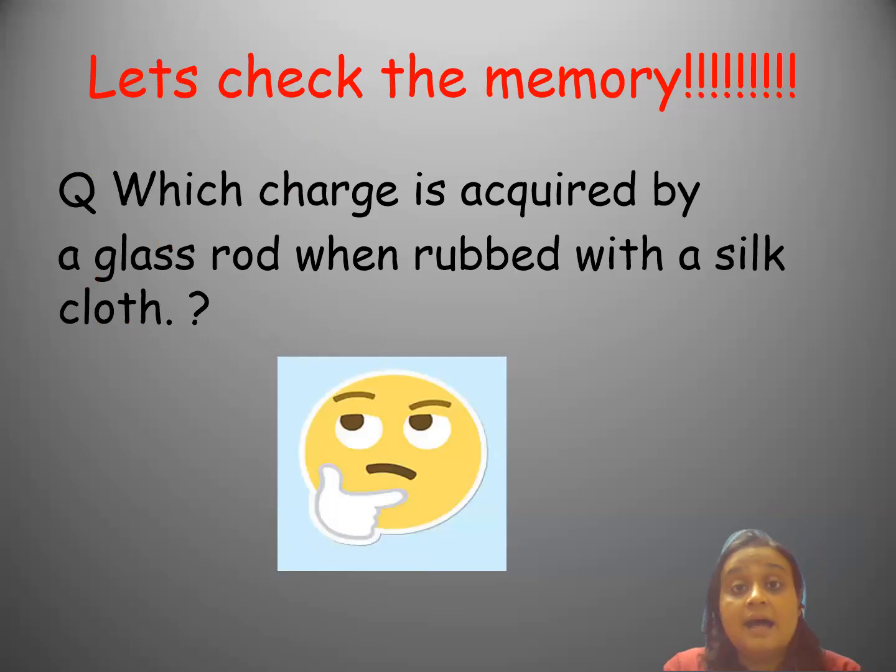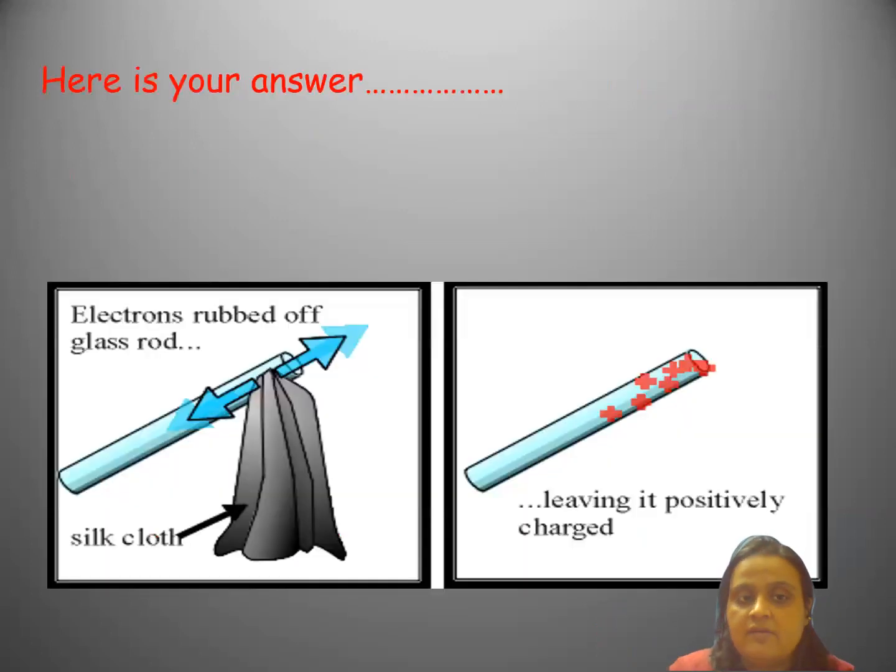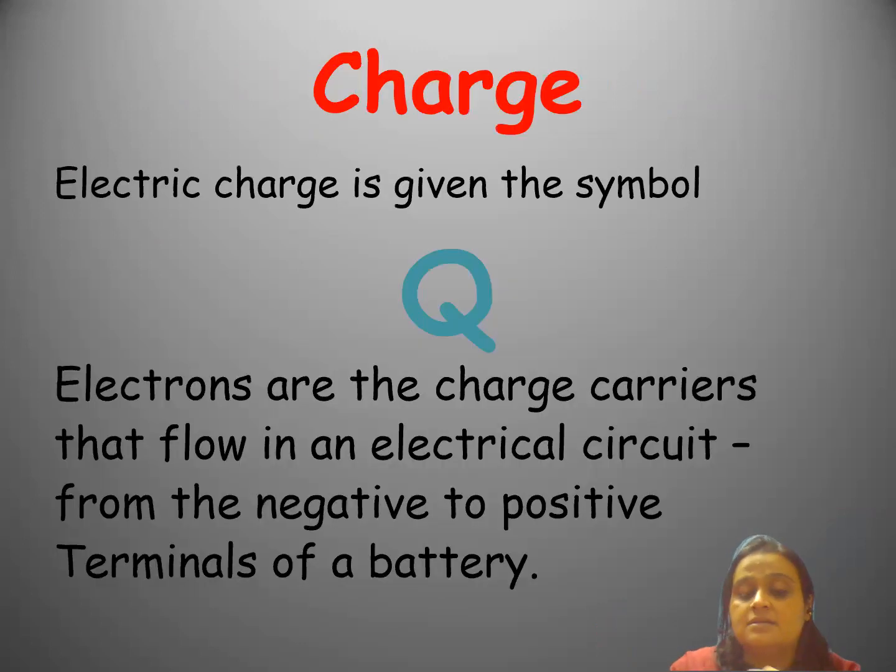You have also learned which charge is acquired by glass when rubbed with a silk cloth. I just want you to remember what you have done in the previous classes. So just quickly think and guess. Yes, you are right. When you rub a silk cloth on glass, the charge you find on the glass is positive, right? So I hope you remember how the electrons pass from one object to another, and there are so many ways to charge a body: rubbing, induction, which you have done.